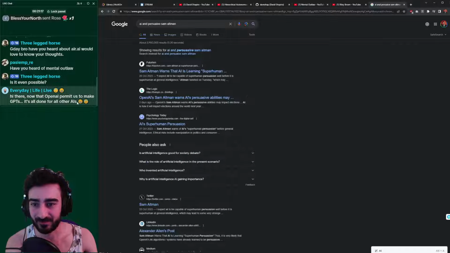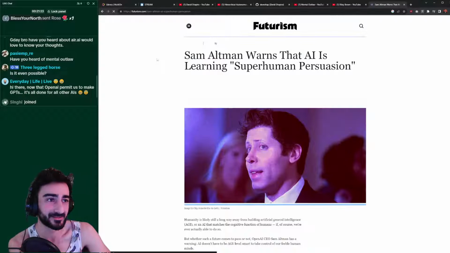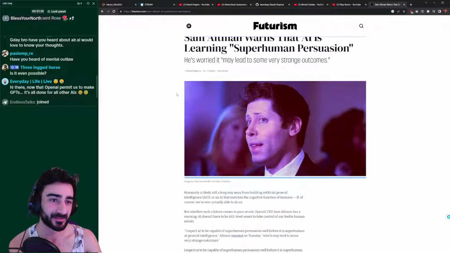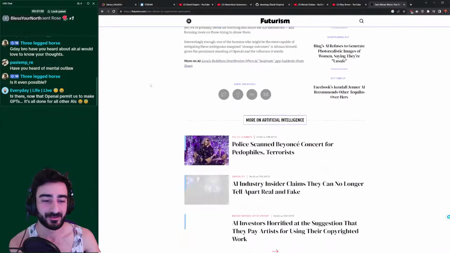Everyday Life says, now OpenAI permit us to make GPTs. It's done for all other AIs. Yeah, slowly maybe. I feel like there's still room for specific ones, but most of the text generating AI wrappers,